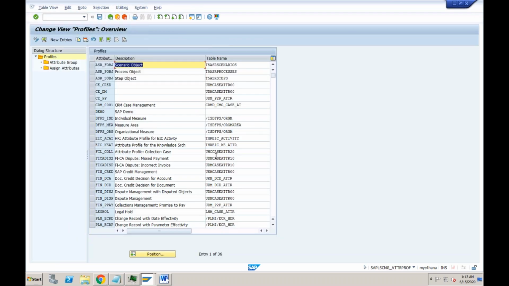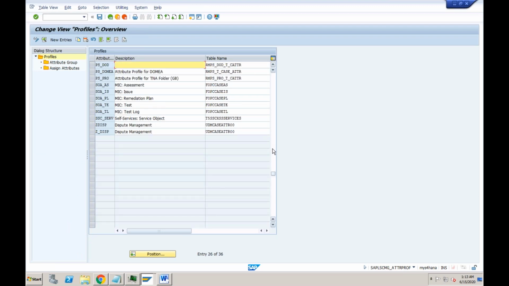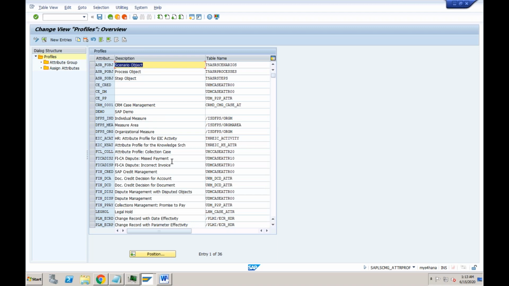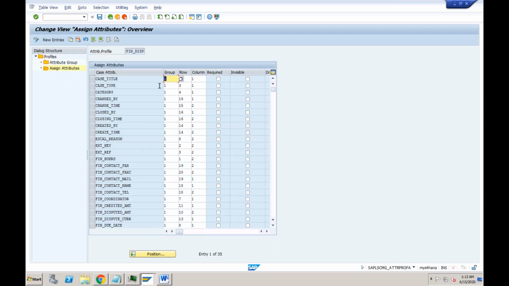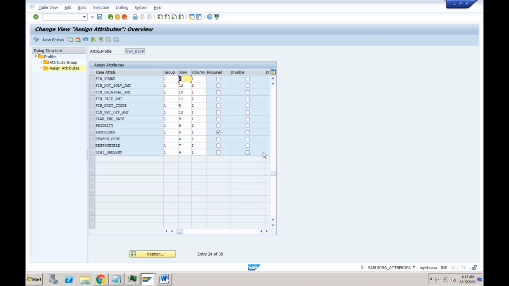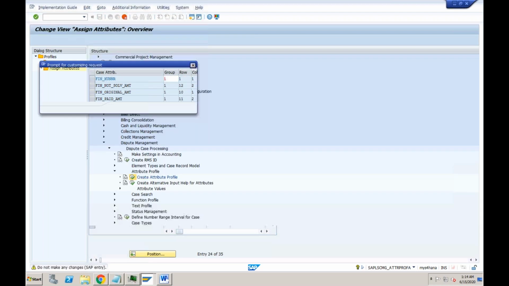So even if you are doing anything in the standard one, make sure that once you verified your scenario, you come here again and change it to the standard. Okay, so in my case, this is a standard delivered. I will open this and I will change this to row number 2, and my row number 1 would be Kunnar, which is customer. Okay, let's try to save this.